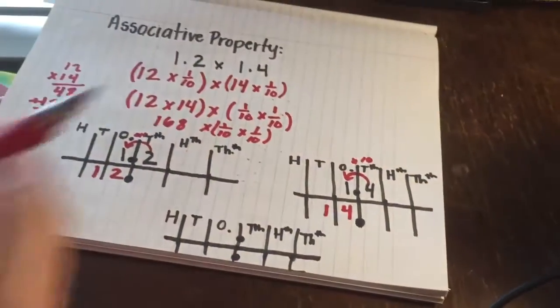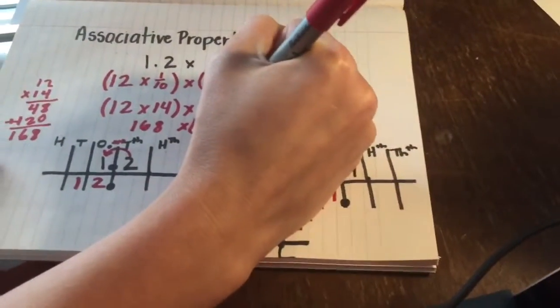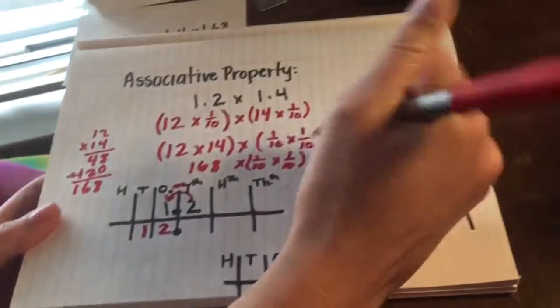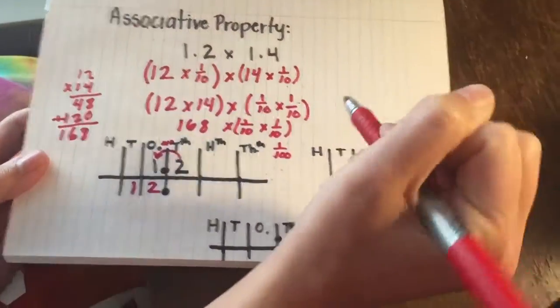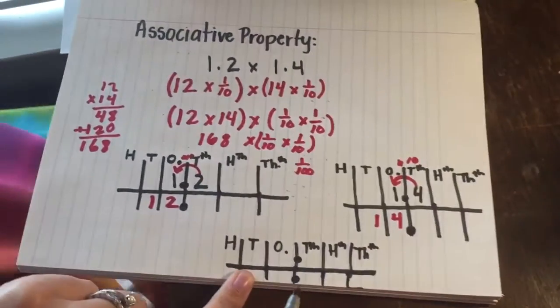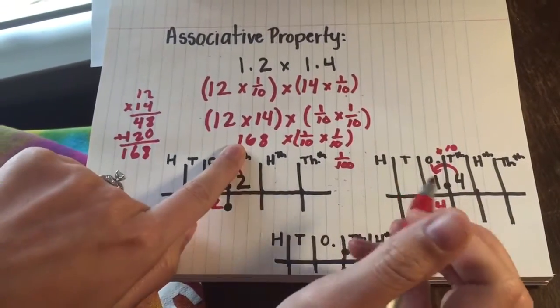And now I can multiply these 1/10ths together, and I can determine that that would really equal 1/100. So when I go down here into my place value chart, I'm going to write 168 just as it is,